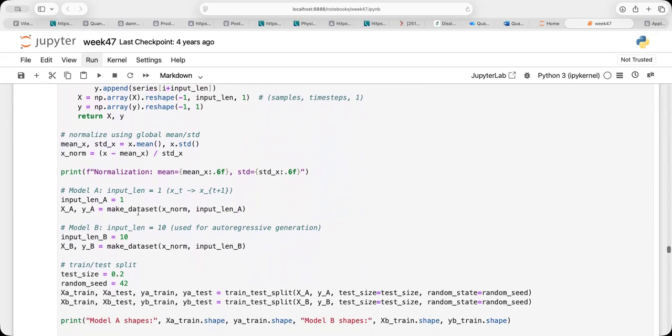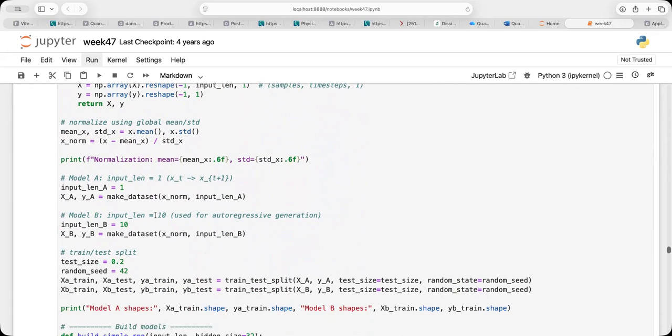And I also made two models. One model, where I'm simply making an input length equal to 1. So this is my sequence length. So here, I do a step at a time. And then I made another model where I actually have the sequence length equal to 10, so I have a sliding window. So in this case here, I just have x_t, which feeds into t plus 1. So this is defined here.